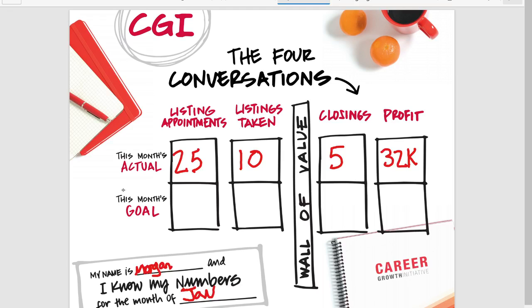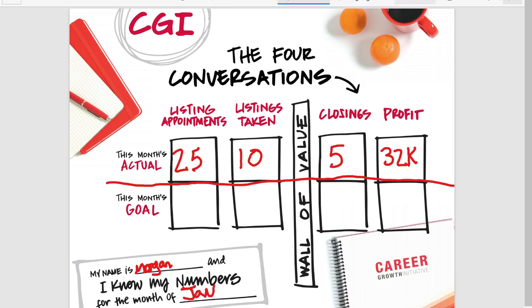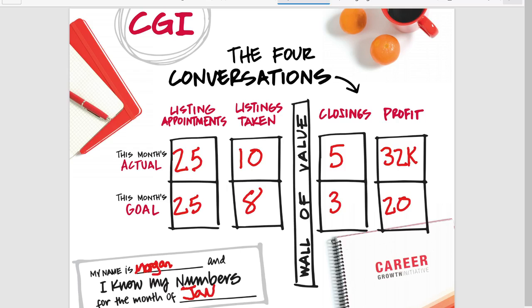So you'll have your real number up top here. And down below, these will be your monthly goals. So now you'll be able to know how many appointments you're going on. So if I made, let's say, my 25 appointments, and I took 8 listings. I know that's not right, and the profit at the end there is just a little skewed, but